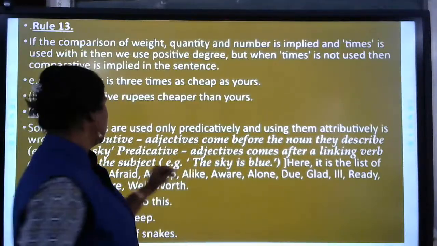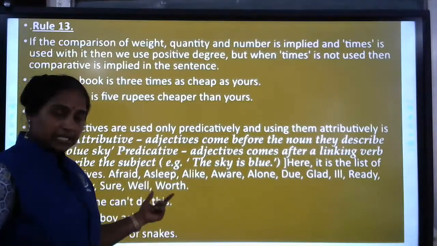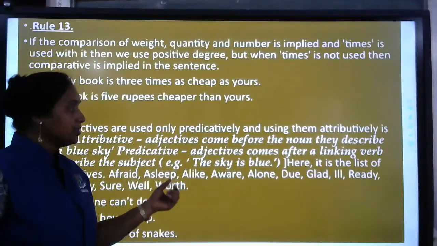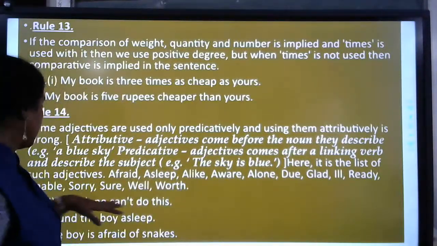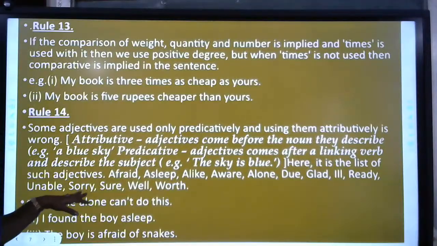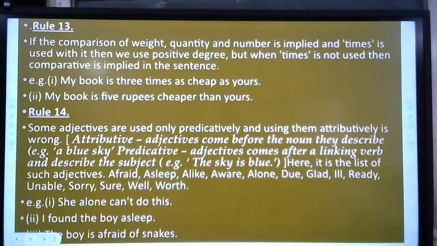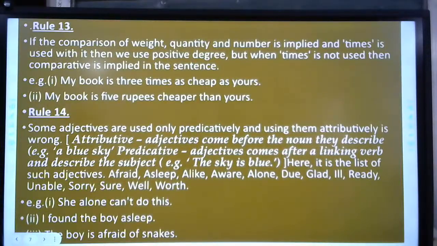So here is the list of such adjectives: afraid, asleep, alive, aware, alone, due, glad, ill, ready, unable, sorry, sure, well, and both. These adjectives are used only